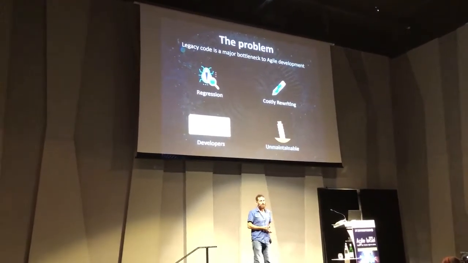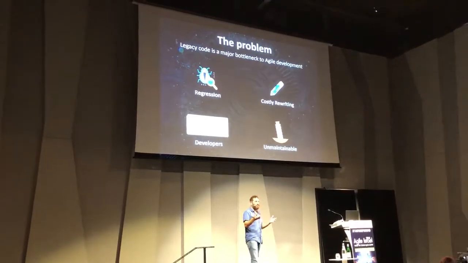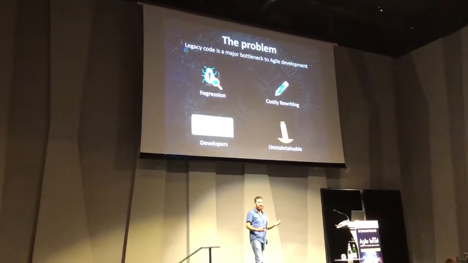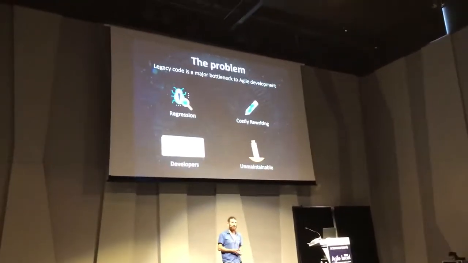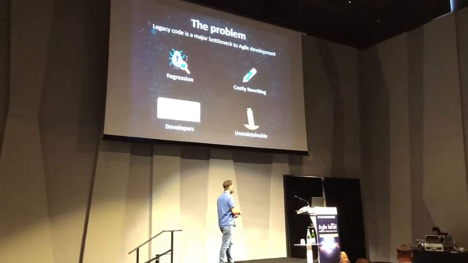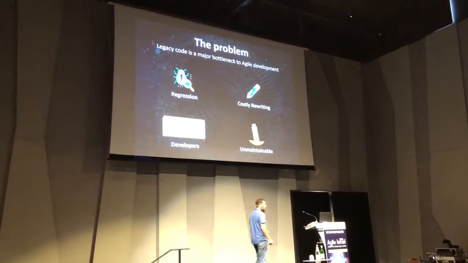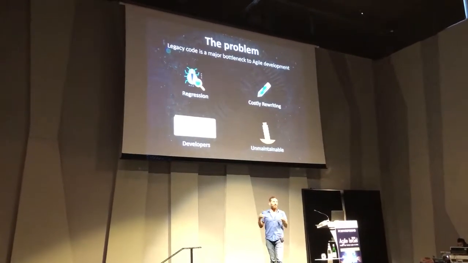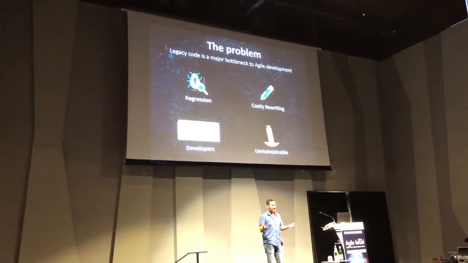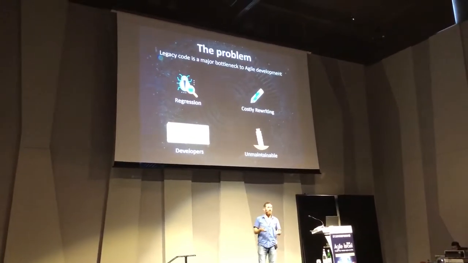It leads to rewriting the code, that makes the code really legacy because you have the same pieces of code written many times, but the developer wants to write it from the beginning. And that goes to the fourth thing, it's unmaintainable. You have legacy code, very hard to maintain. You don't really know what's happening, you have to check it all the time. Developers don't want to touch it, it becomes a burden.